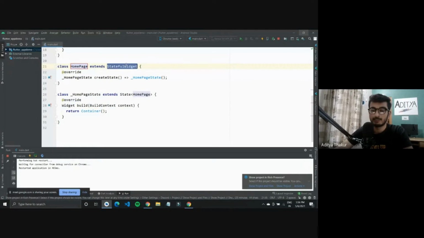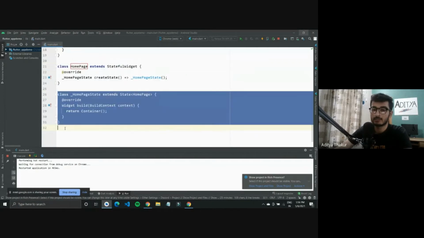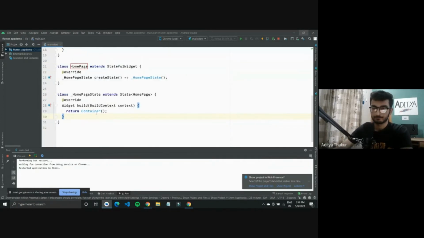Right now it is stateful, so you would notice that there is the class of homepage, and then there is a class called homepage state. So we can modify this state if required. So what I can do is scaffold and give it a body.